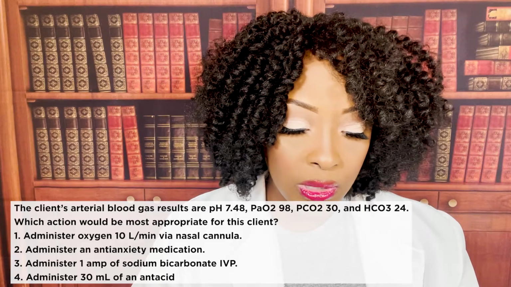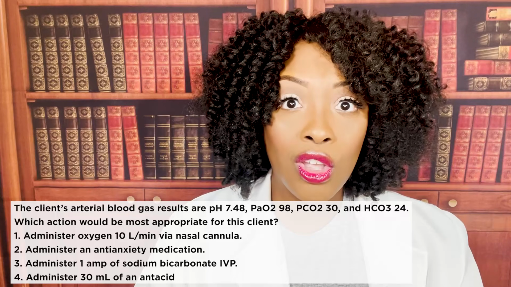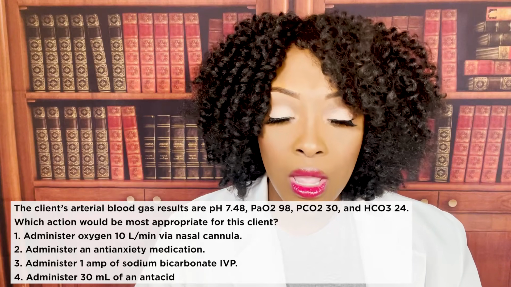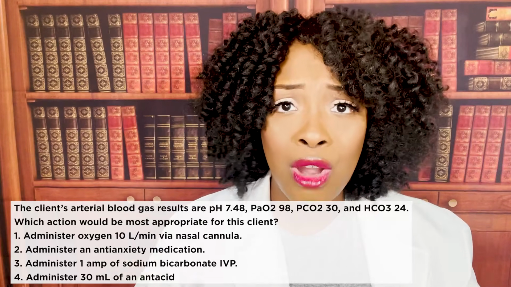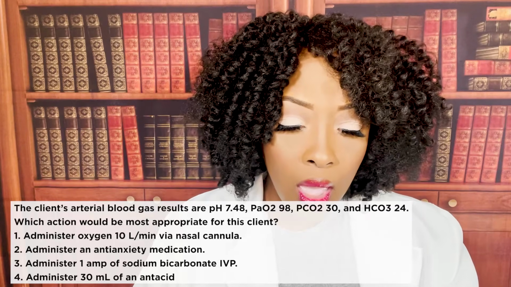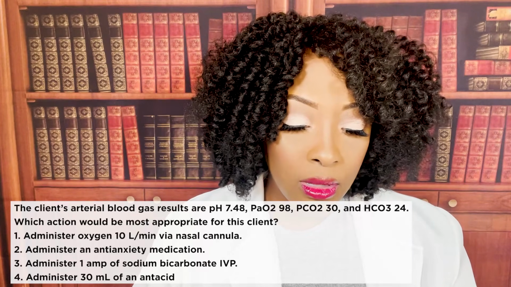Your PO2 is 98. Your PCO2 is 30. What is it supposed to be? 35 to 45, right? And we know that carbon dioxide within itself is acidic. And that's down, and your bicarb is 24. So the correct answer is